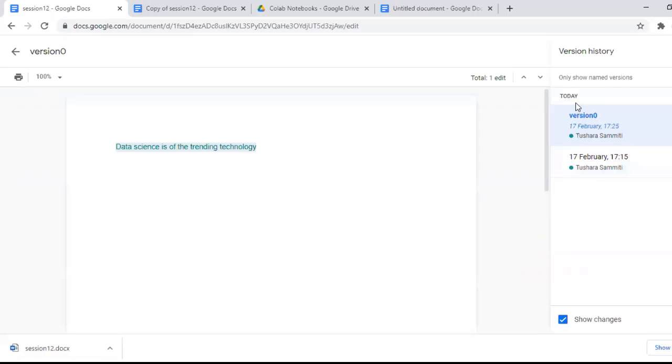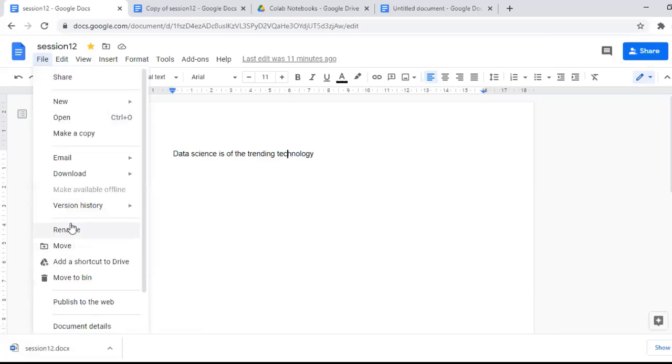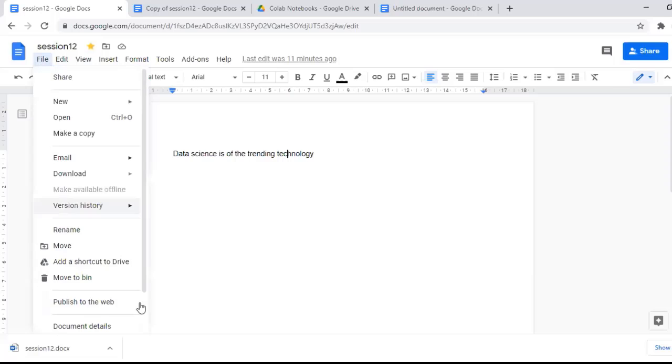You can see we have just added the version name, version 0, who has added it, the name of the user, and when it was added, 7th February 5:25 p.m. This is how we add a version and see the version history. Coming to the next one, we can rename. As I told you, we can rename by clicking on it and giving the required name.